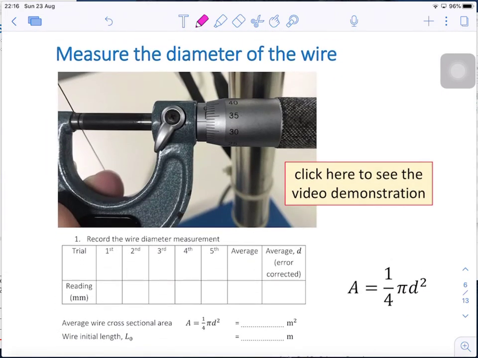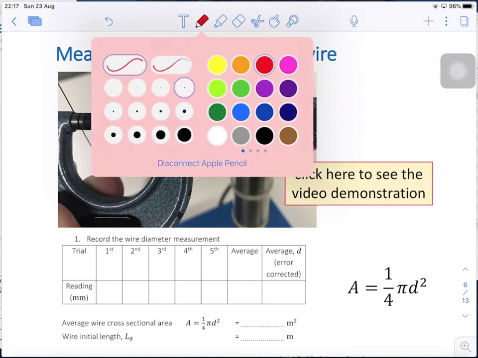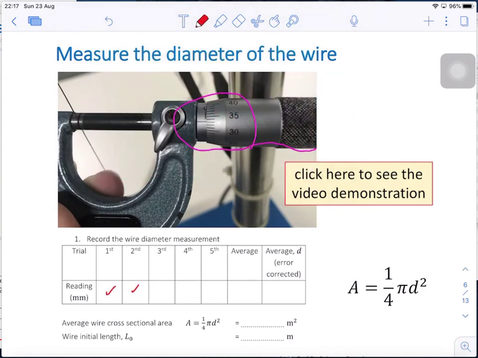And next, please measure the diameter of the wire. Okay, we measured it for you, and the number is somewhere here, so please read it and record it in your datasheet. In this case you can just use the same number for the 5 times of the measurement. Because this is a virtual lab, I did it for you once, and then you use the same number. Okay, and then you find the average, and then the average plus the initial error of the diameter,